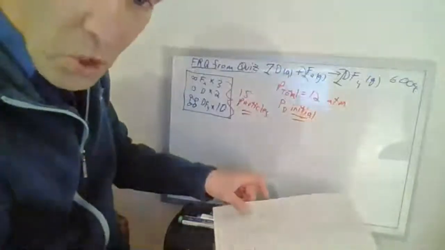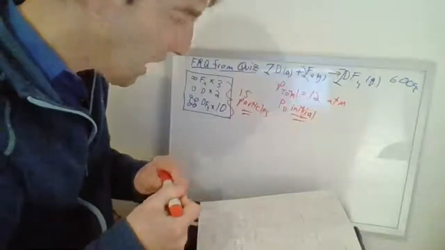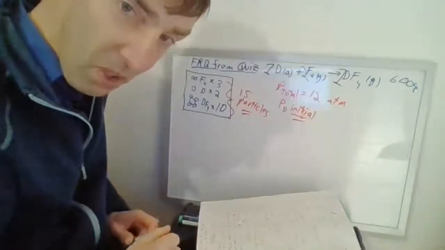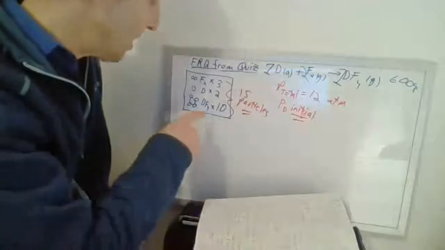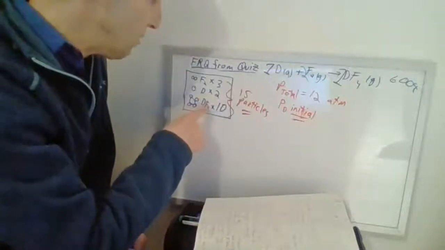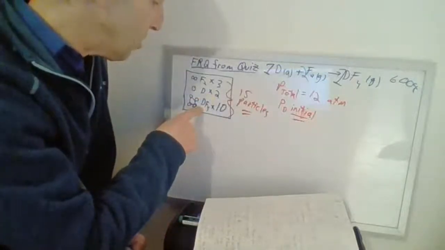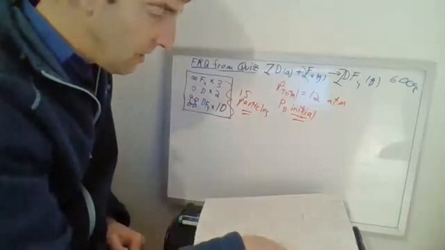Okay. Well, here's what you got to do. You ready? You got to figure out how many little D particles there are. Watch this. Well, I had 2 here, but then all of these had D's too. So I got